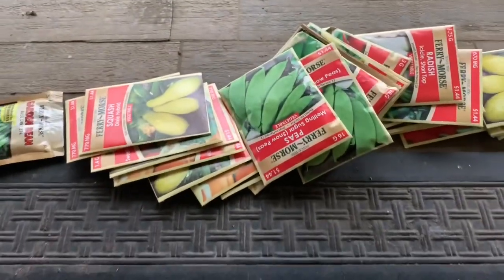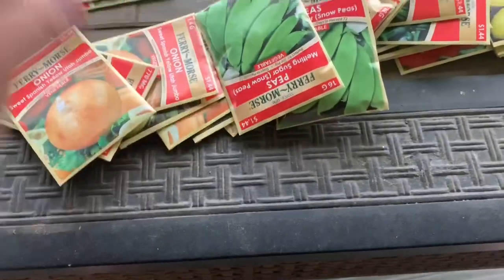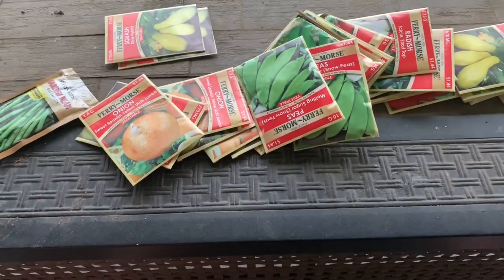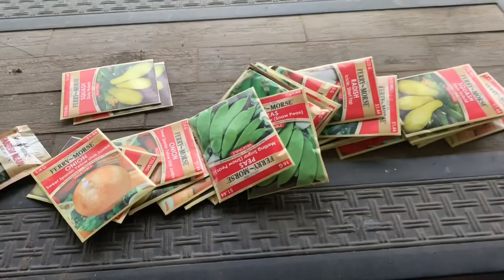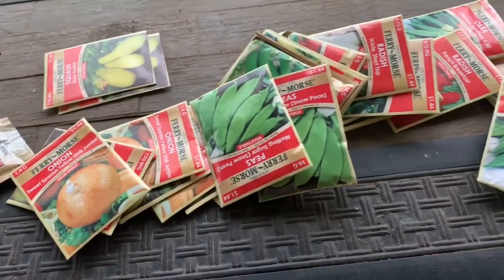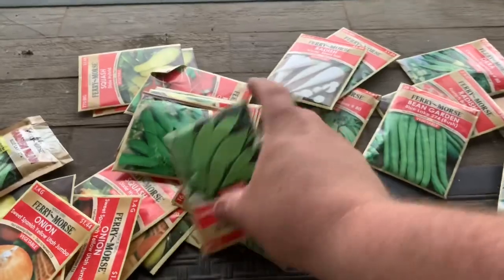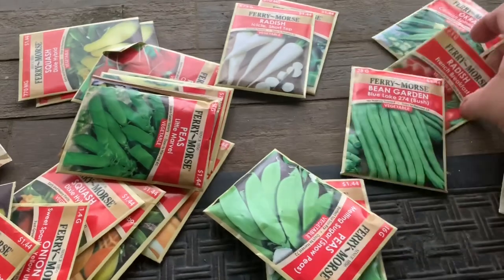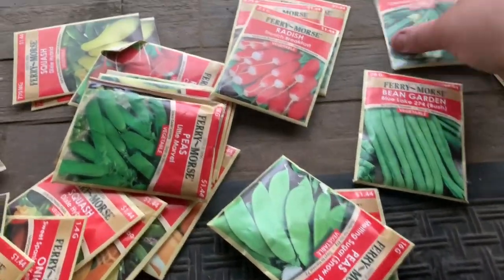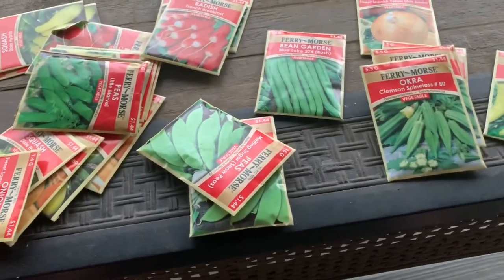Seeds. Now I actually haven't even looked through these to sort through them at all. These are seeds that I have picked up in the past, and their time has come to hit the field. And of course I've got to arrange them a little bit. I guess I could have done that before the video, but yeah, I didn't. So I will do it as it drives me crazy. Here,